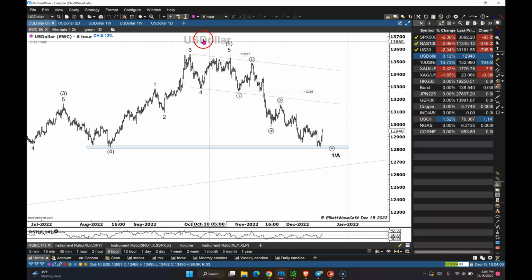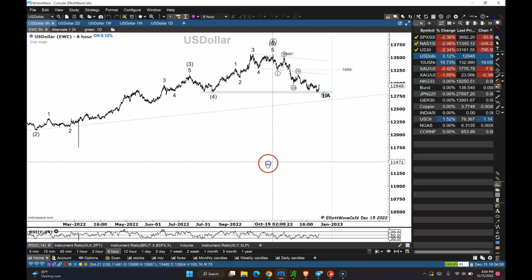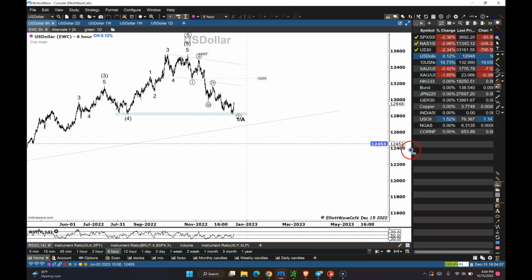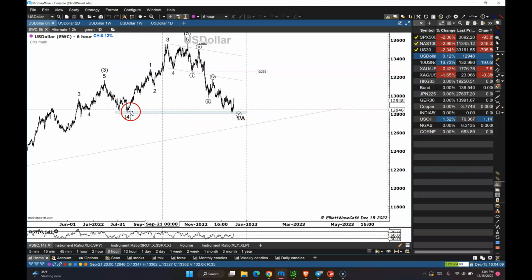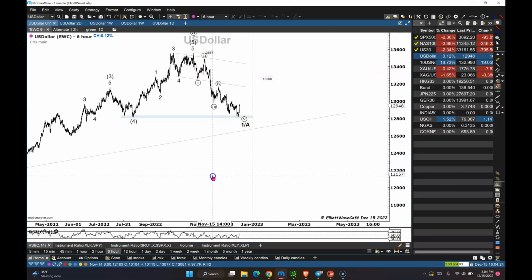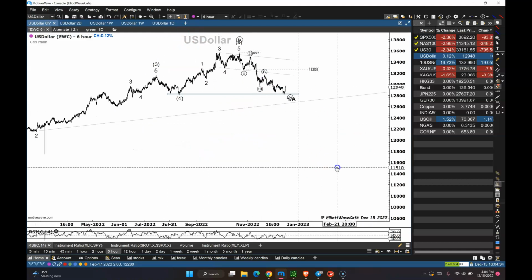Now this is the index that the FXCM broker is using. Slightly different from the dollar index, not by a lot, but look at this support. The sell-off happened right in there, previous fourth wave. You're moving down in 5 waves, in either wave 1 or the wave A, depending on kind of how you look at the larger structure and how bearish you are on the dollar, because the whole thing could be just a big ABC, and then you're making new highs in the dollar. I doubt it. I would probably go more with the idea of a wave 1, 2, 3, 4, and 5, and we're getting further sell-offs.